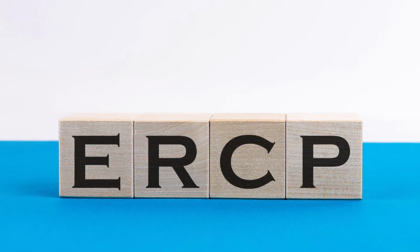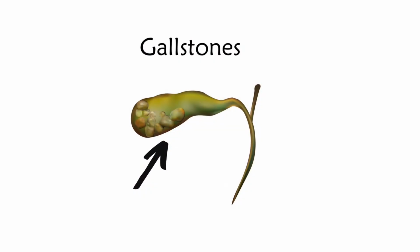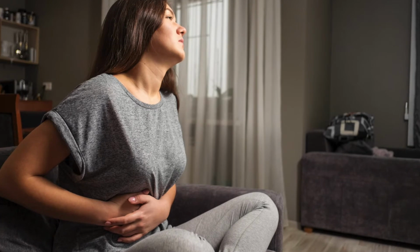During an ERCP, the added advantage is not only diagnosing a gallbladder stone in the bile duct, but also removing it. So the reason you want to avoid symptomatic gallbladder stones is to avoid gallbladder stone complications. If the gallbladder becomes blocked by a stone or several stones, it can cause an inflammation of the gallbladder. This presents as pain which is constant, especially in the right upper side of your belly, and fever